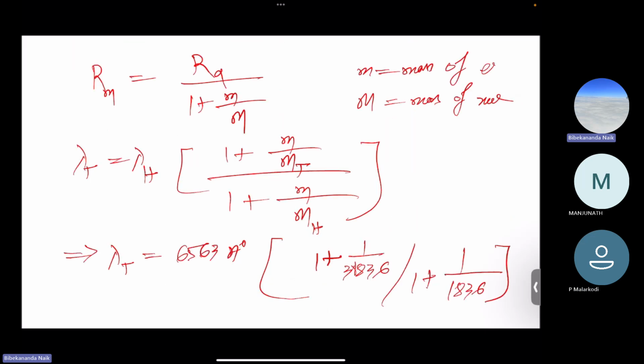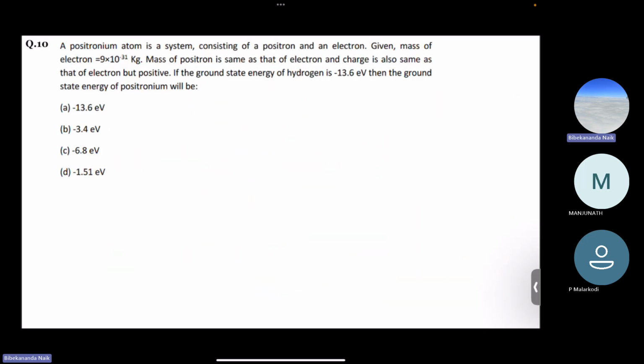Okay, so now we will move to question number 10, which is the last question of today's session. The question says a positronium atom is a system consisting of a positron and an electron. Given mass of electron is 9 into 10 to the power minus 31 kg, mass of positron is the same as that of the electron, and charge is also the same as that of the electron but positive. If the ground state energy of hydrogen is 13.6 electron volt, then the ground state energy of positronium will be how much? Option A minus 13.6 electron volt, option B minus 3.4,